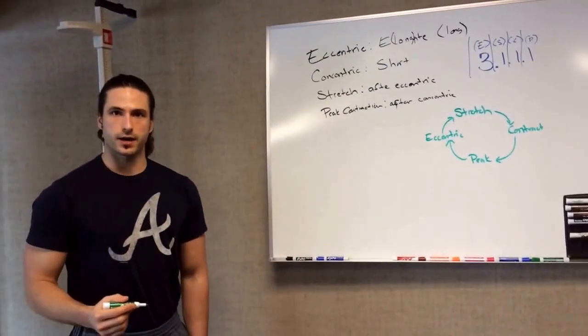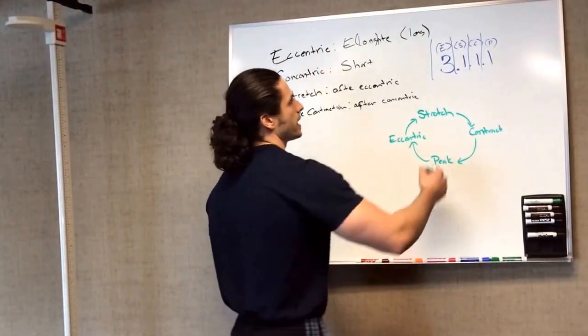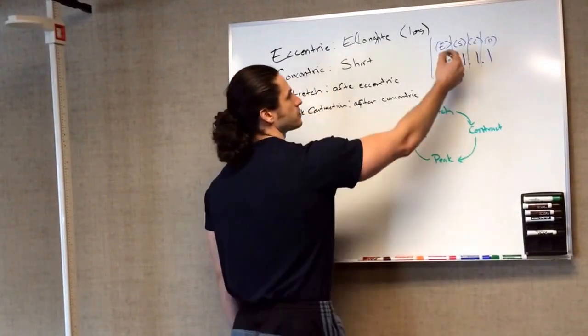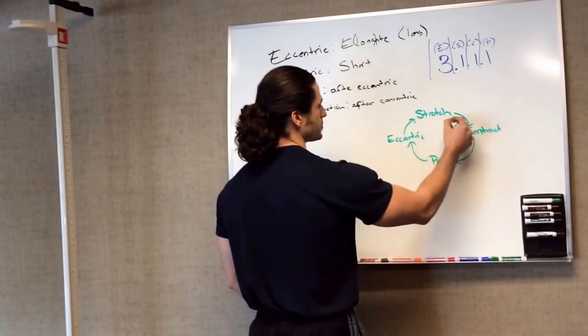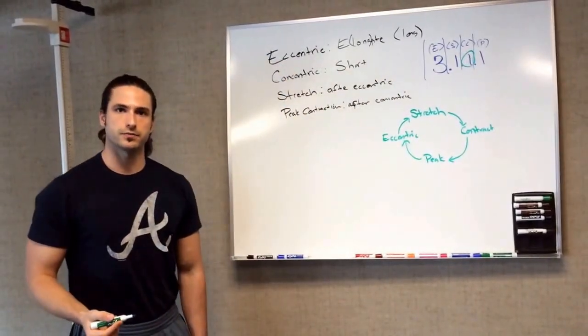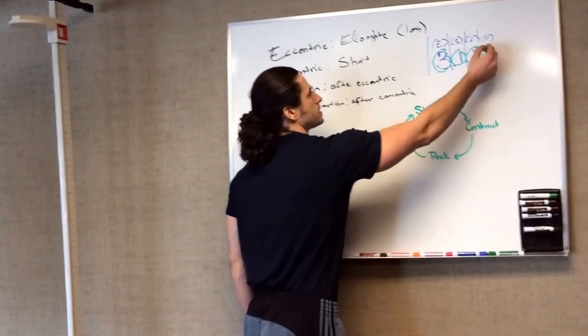circle just like that. Okay, so no matter where you're starting, whether it's on a squat where you start at the peak, what's the next move? The eccentric, so that's the first number. If you start with a pull-up, you're hanging in the stretch position, so the first number you're going to do is the concentric contraction. So the amount of time that you spend in each one of these is denoted in